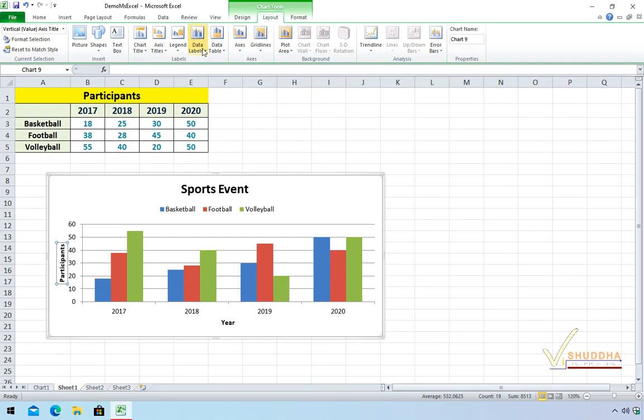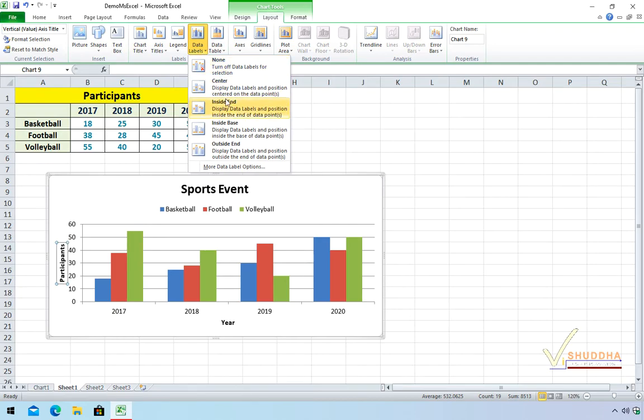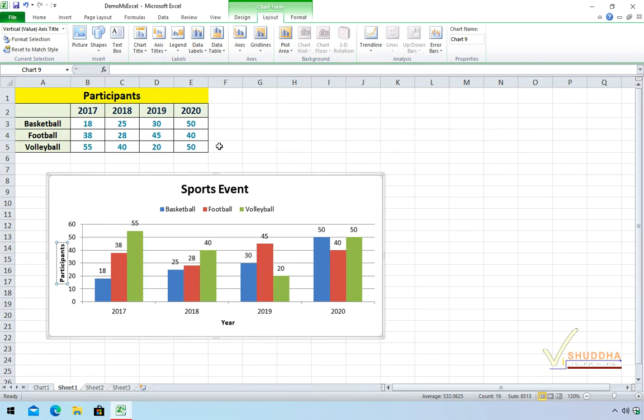Now, let's go to the data labels. Before that, what are data labels? Well, the data labels will show the values which are being represented by these bars. Just by looking at these bars will not help you realize the exact value represented by it. So we can add data labels. There are 4 options for this. When you select the center option, data label will appear in the center. If you have inside end, then it will appear inside the bar but at the top. Similarly, inside base means it will appear at the base inside the bar. But I will be selecting outside end so that it is appearing just above the bars.